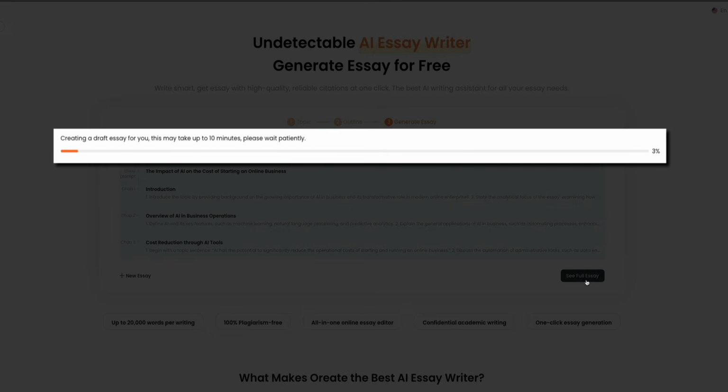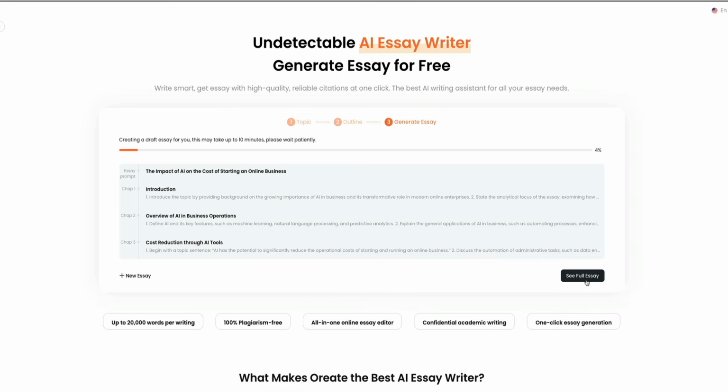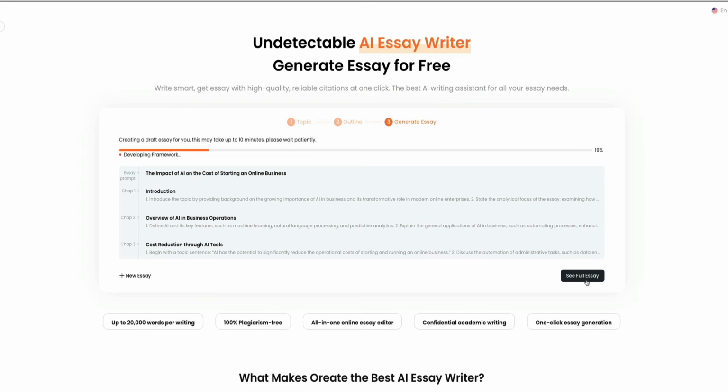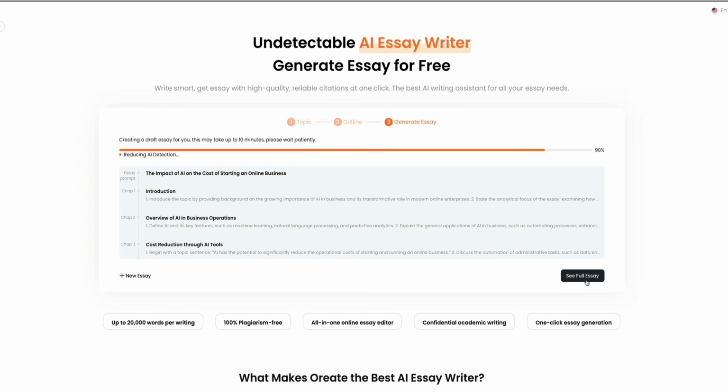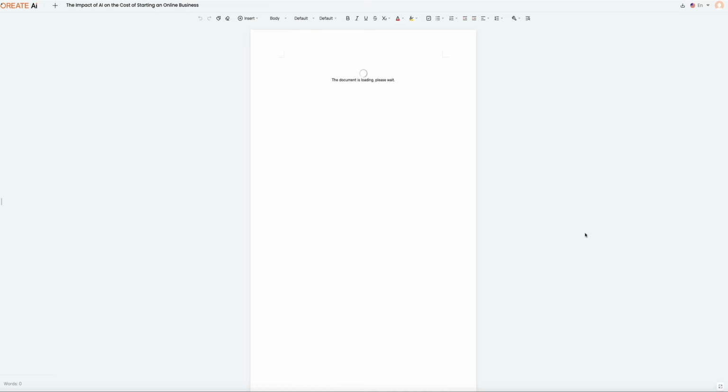You'll be able to monitor the progress here as the agent is working. It updates in real time, so you always have a clear view of what the essay writer is doing behind the scenes. And even though this message says it may take a few minutes, in most cases it moves pretty quick. And then once the draft is finished, the full essay opens automatically and you're taken straight into the document